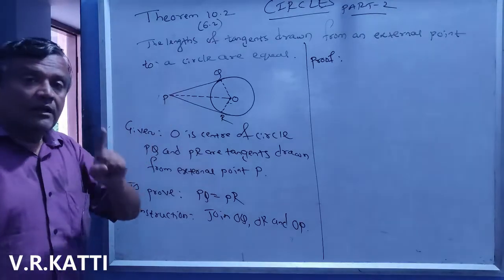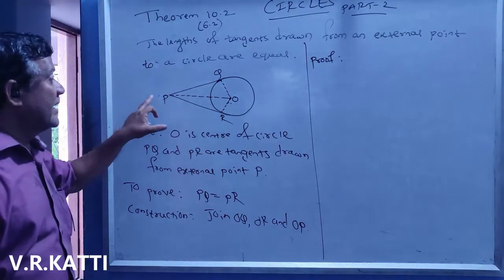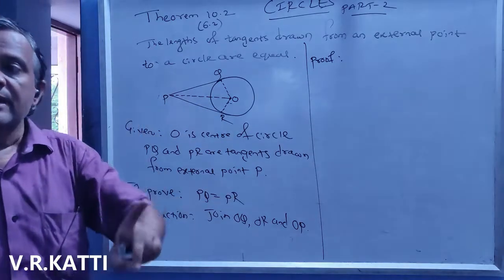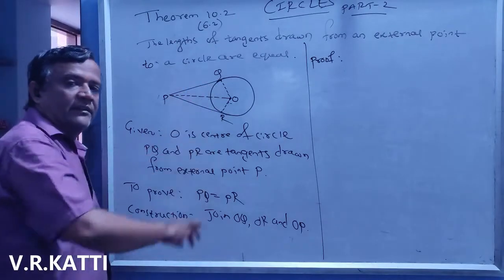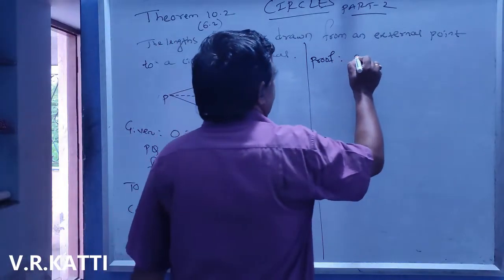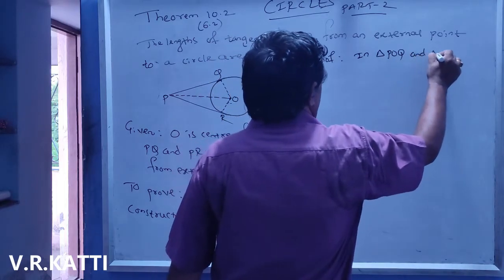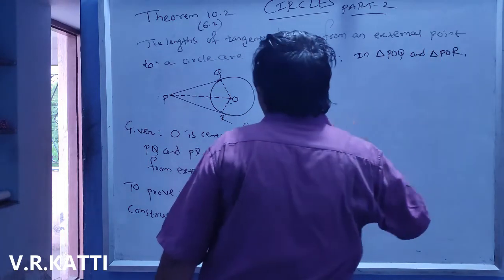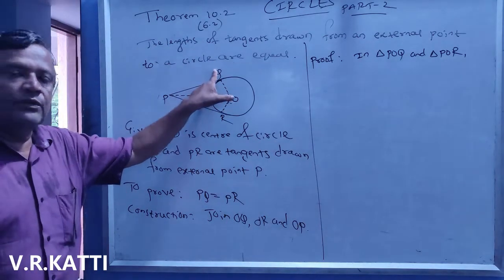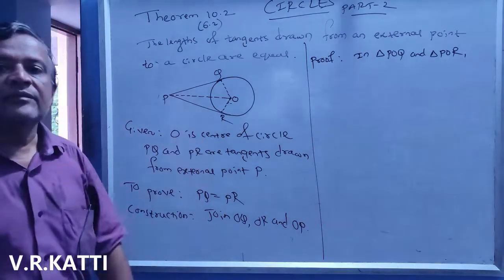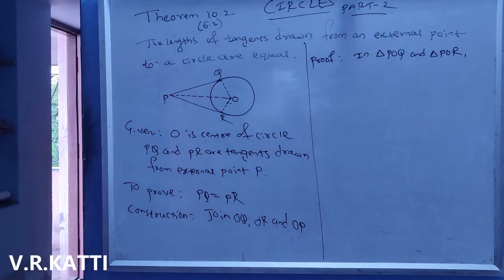So, you have to prove triangle POQ and triangle POR are congruent. In triangle POQ and triangle POR,